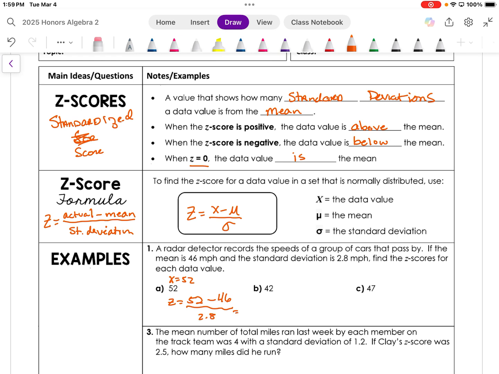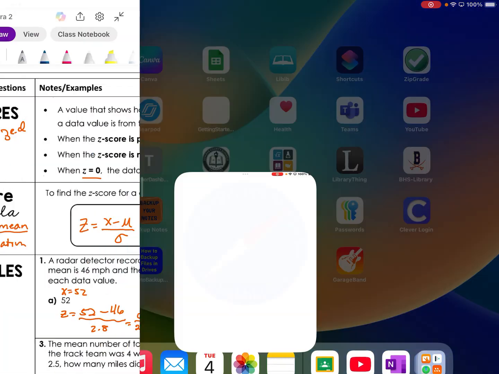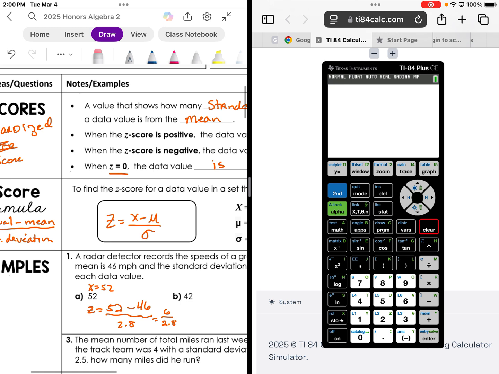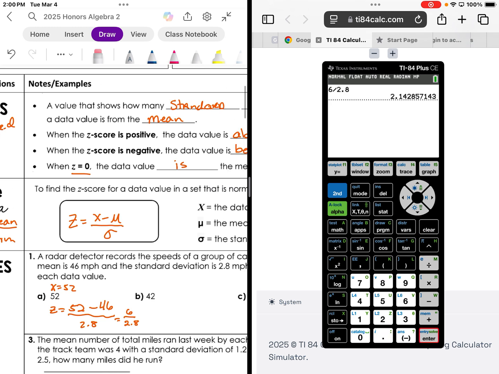So 52 minus 46 is 6 divided by 2.8. So now I get to grab my handy-dandy calculator. And we got 6 divided by 2.8. Tells me the z-score for this one is equal to